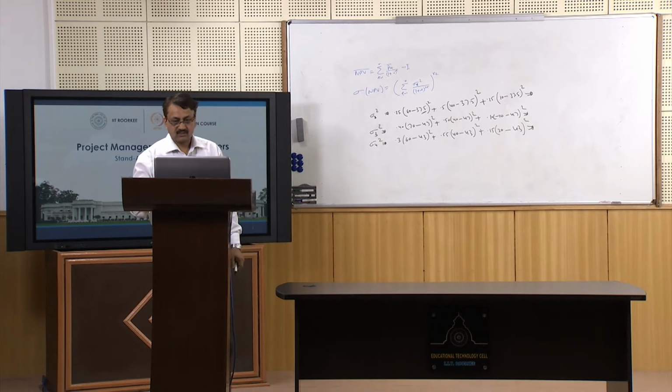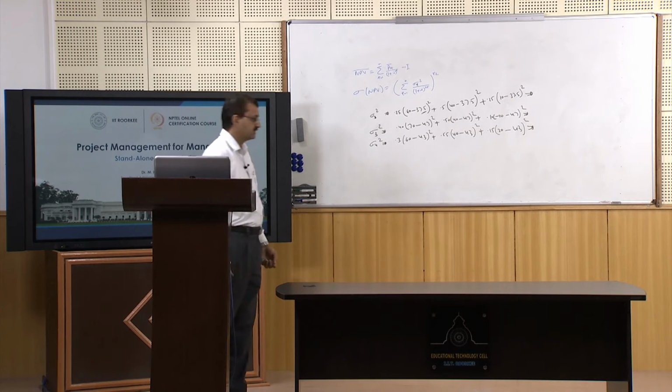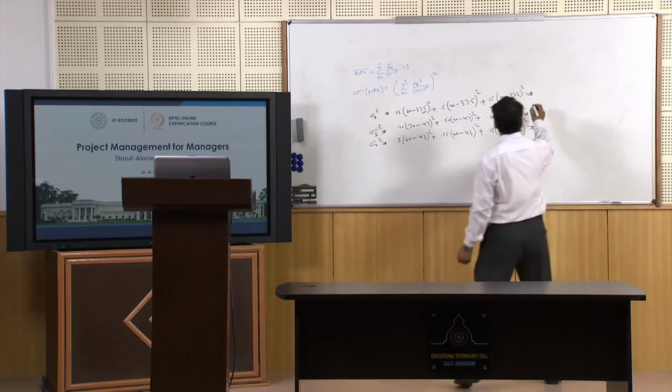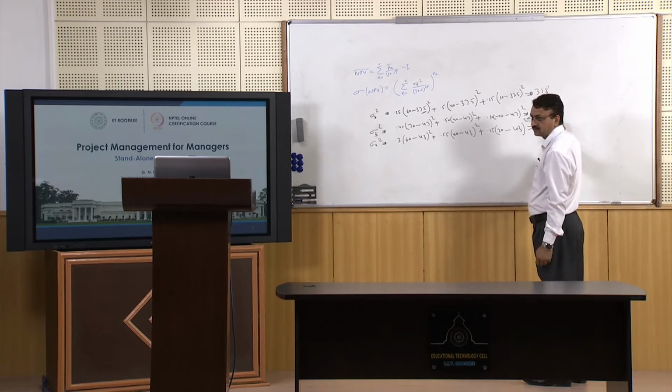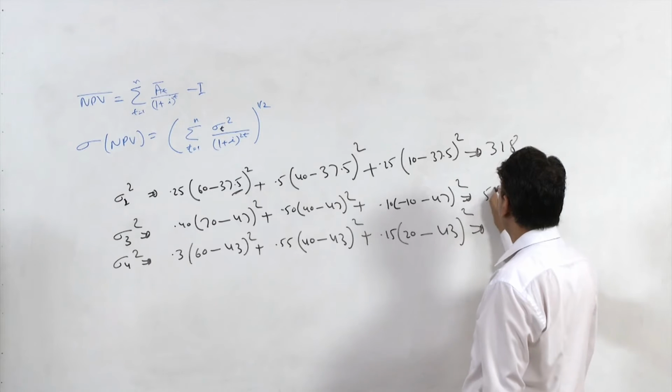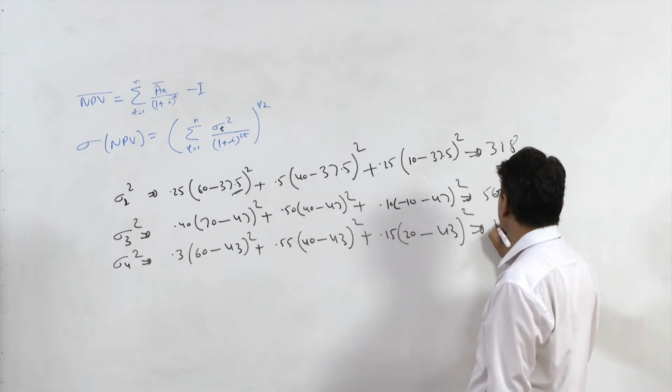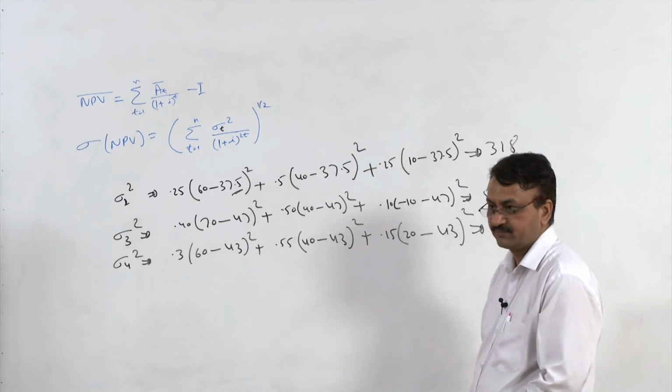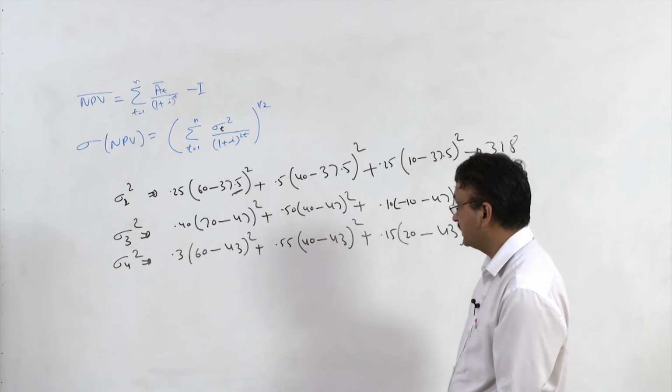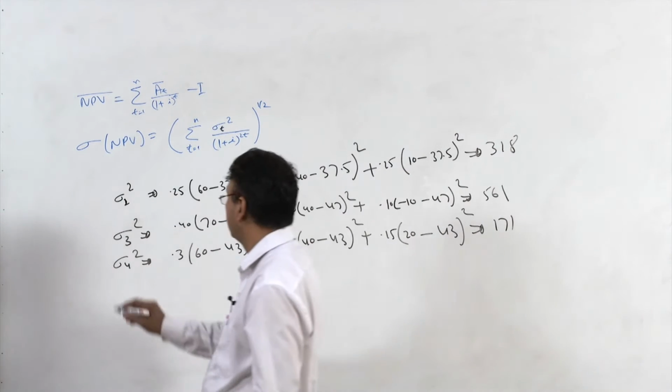for second year it would be 318, for third year it would be 561 and 171. So, 318, 561 and 171. Now, let us calculate this value,